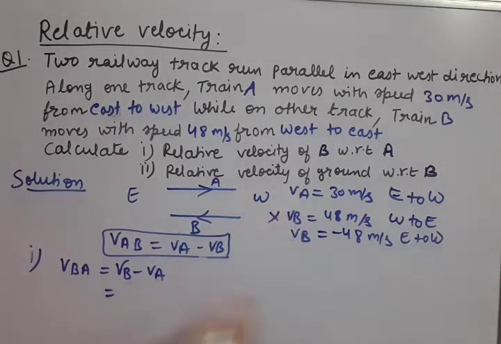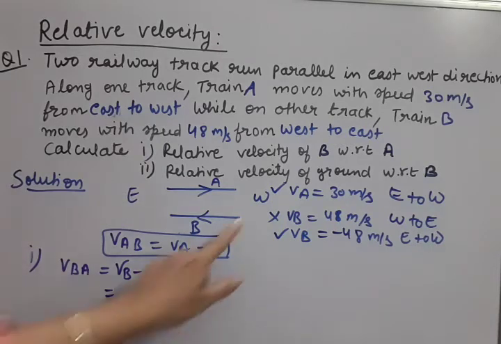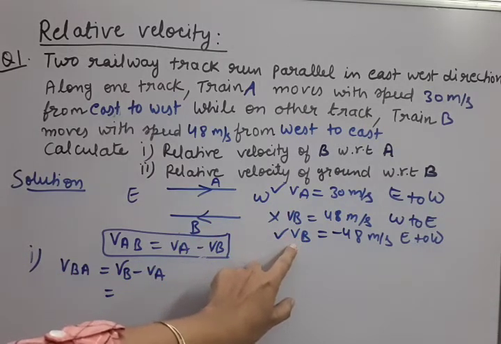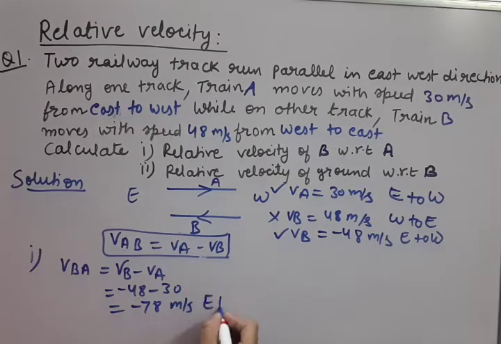Let us put the values which we have prepared. Okay, so we have to use these two values only, VA value and VB value. Let us put now. VB is minus 48. VA is plus 30. So we have substituted. Answer is coming minus 78 meter per second from the direction in which we are solving the question, from east